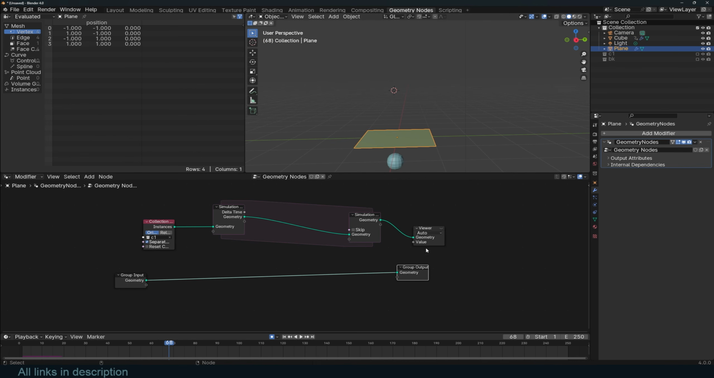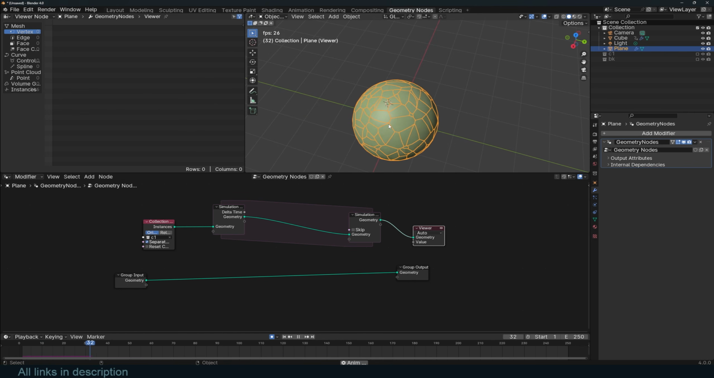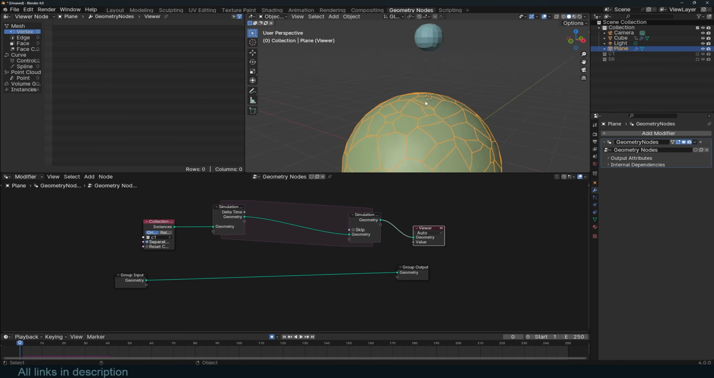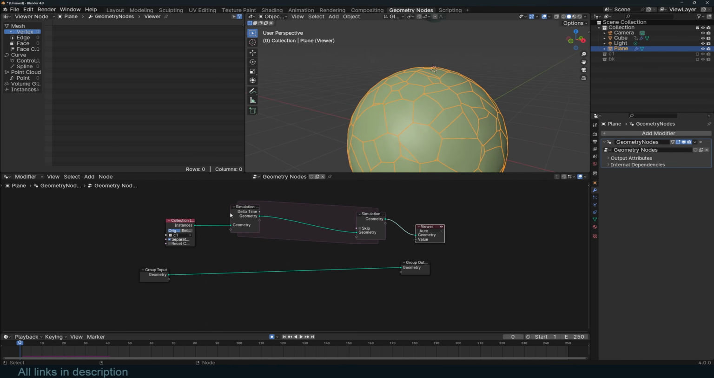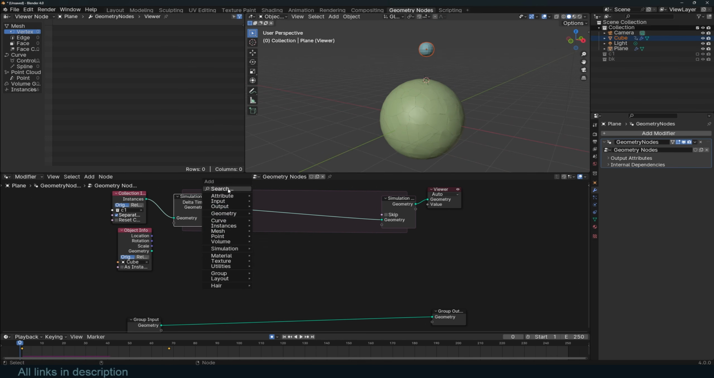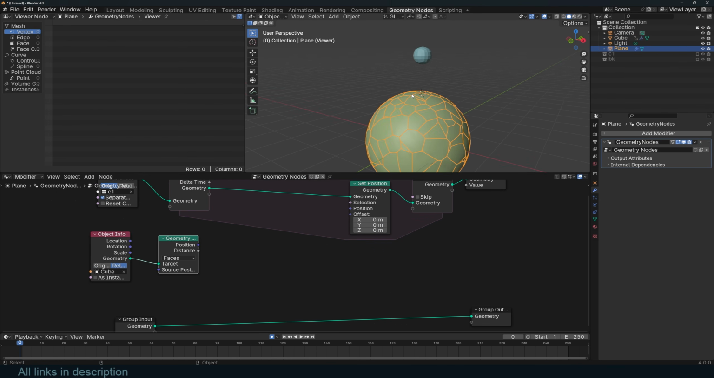So let me go back to this. If we look at this, we get something like that. Why is it not in the center? That's okay. Anyway, so we have that. I can bring that in, so this cube here, and use a set position around here. Also make sure this is set to relative, and use a geometry proximity to create a mask that will push